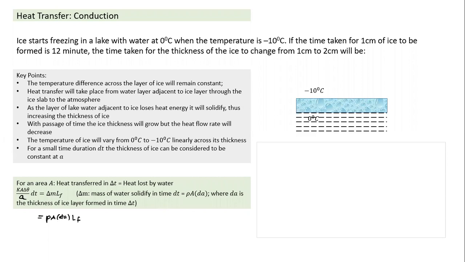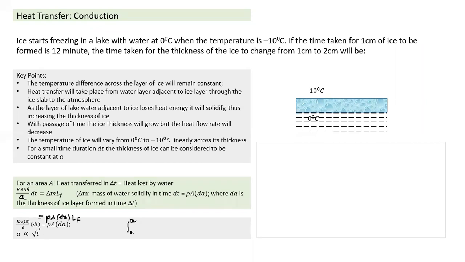So what you find is that this becomes an equation. A is a variable, and in time we can calculate, for different values of time, what the thickness will be. So very easy, and the rest is all simple. So that's the equation I get here, rho dA. And what we find, the variable is the thickness A. I start from 0. If I integrate from A equal to 0 to A, it will give me the time taken for the thickness of the ice layer to go from 0 to A, how much time it takes.